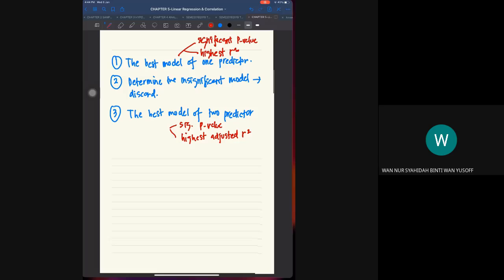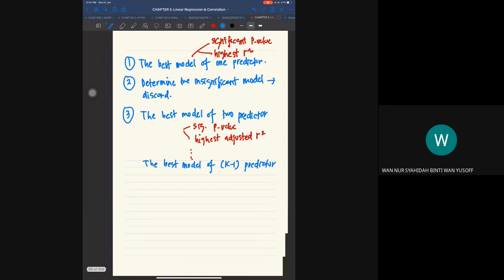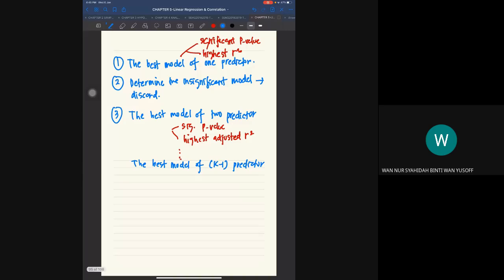So we continue until the best model of k minus 1 predictor. So if you have 3 predictors, then we stop at 2 predictors. If you have 4 predictors, then we stop at 3 predictors. If you have 5 predictors, then we stop at 4 predictors. At the end, in conclusion,